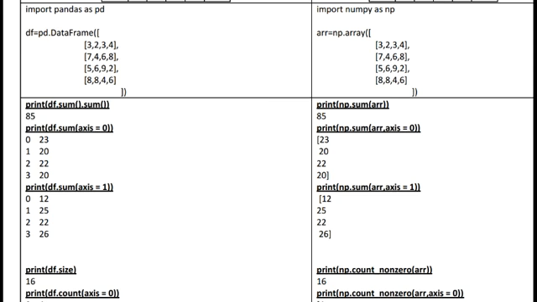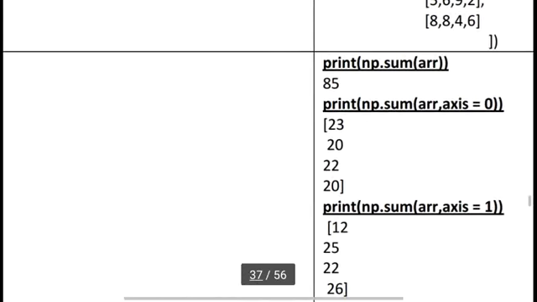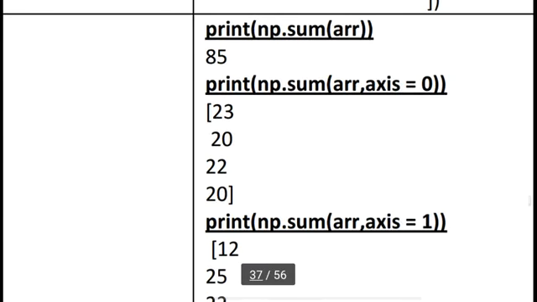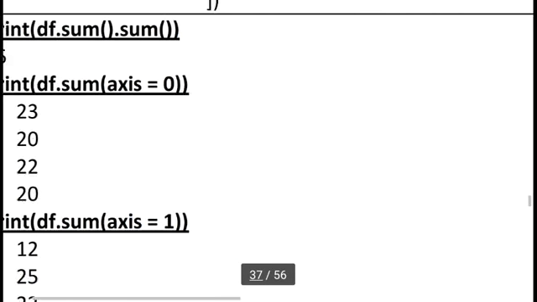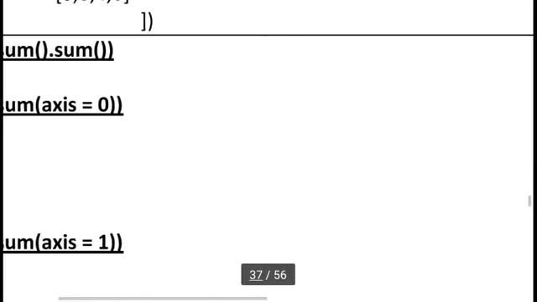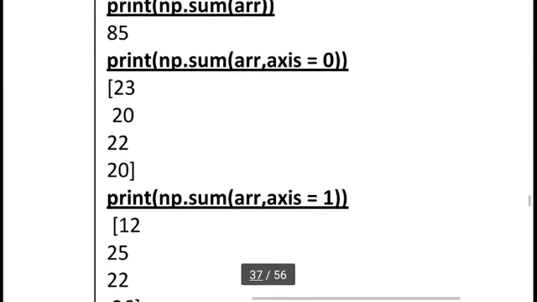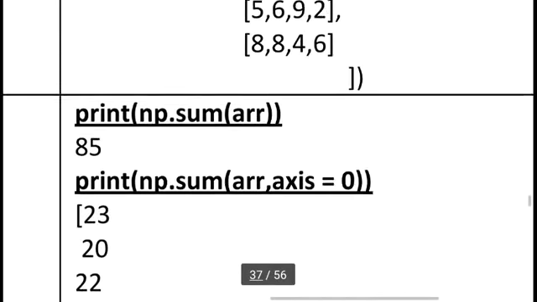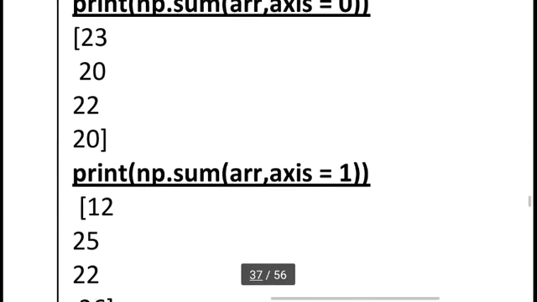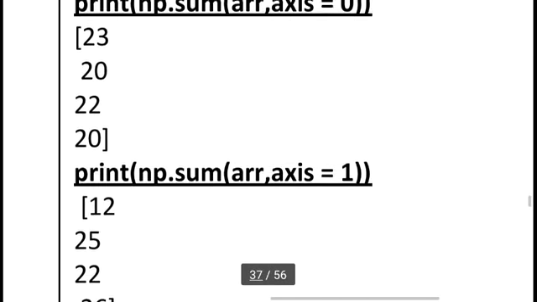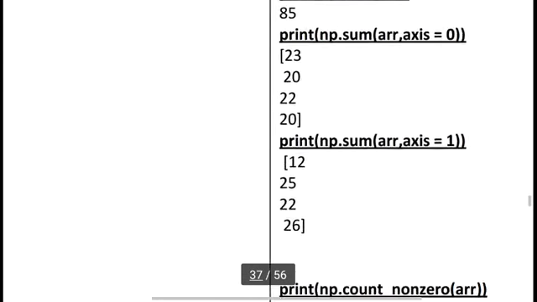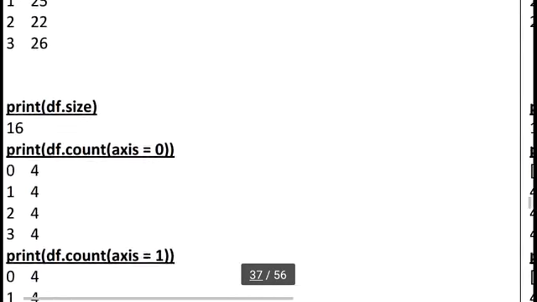Okay, but keep in mind, in NumPy we already use np.sum. Here I am using df.sum, and here np.sum is our standard method. In brackets we mention our 2D array variable name inside. So this is the new thing to keep in mind: how to use it in a NumPy 2D array, and how to use it in a Pandas data frame.